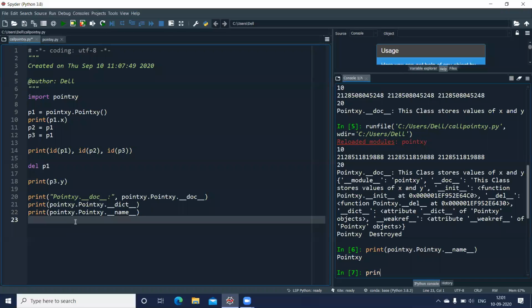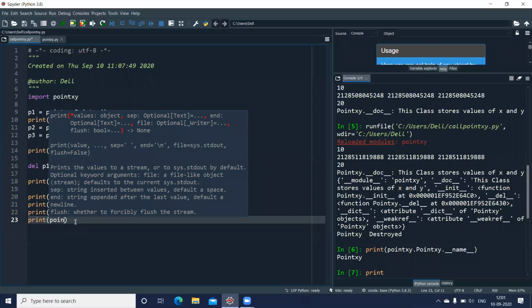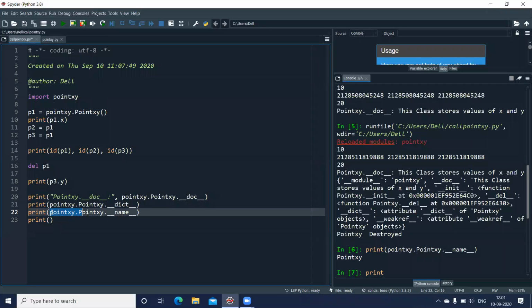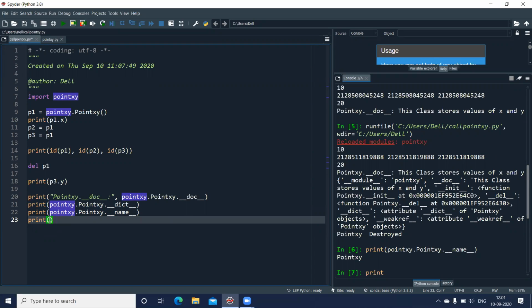The other attribute which we have, you can print. Let me copy this whole thing from here. And the next one is module. So what is the name of the module here?